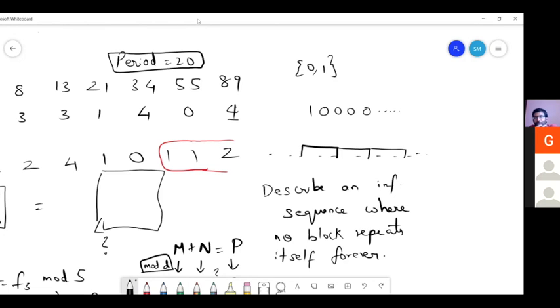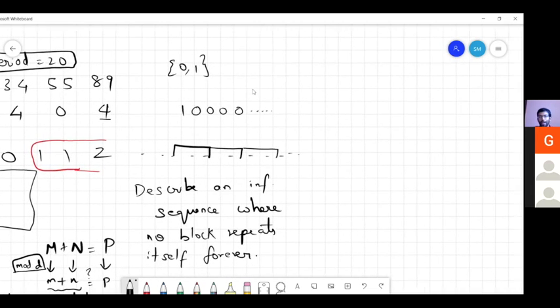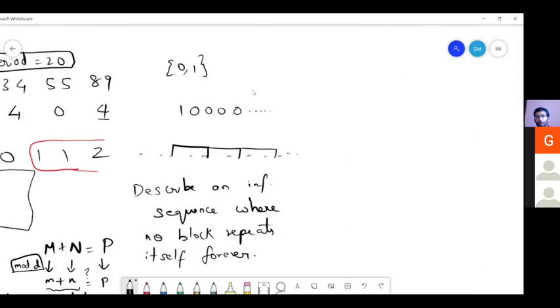Actually, can we use that long division square root method to find the binary square root itself directly? Can we use the long division square root method to find the square root of this number? 2 is 10 in binary. So can I use that long division method to find the square root of this and give a binary answer directly? This is again something for you to think of. Is the question clear to everyone?